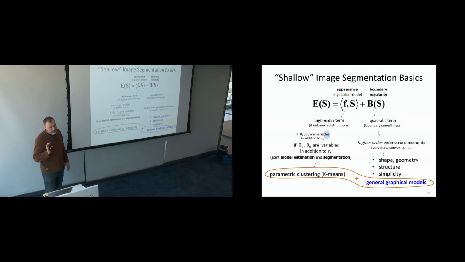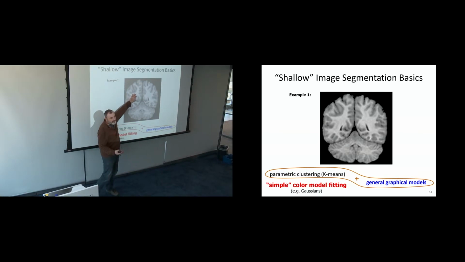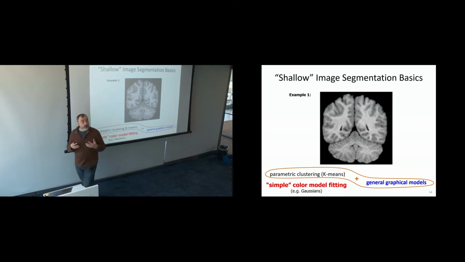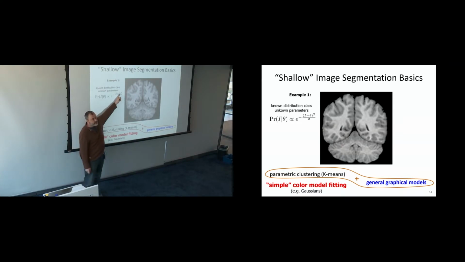Let me give you the most trivial example so that you believe me better. Even though I don't know the models of, let's say, white matter, gray matter and the background, you can imagine they could be described by Gaussians. There is one Gaussian distribution for bright color, and then one for the gray matter and the background. So there are three models. We don't know the models exactly. We know the class of the model. We know it's a Gaussian distribution, but we don't know the theta. In this case, the parameter of the mean is not known.